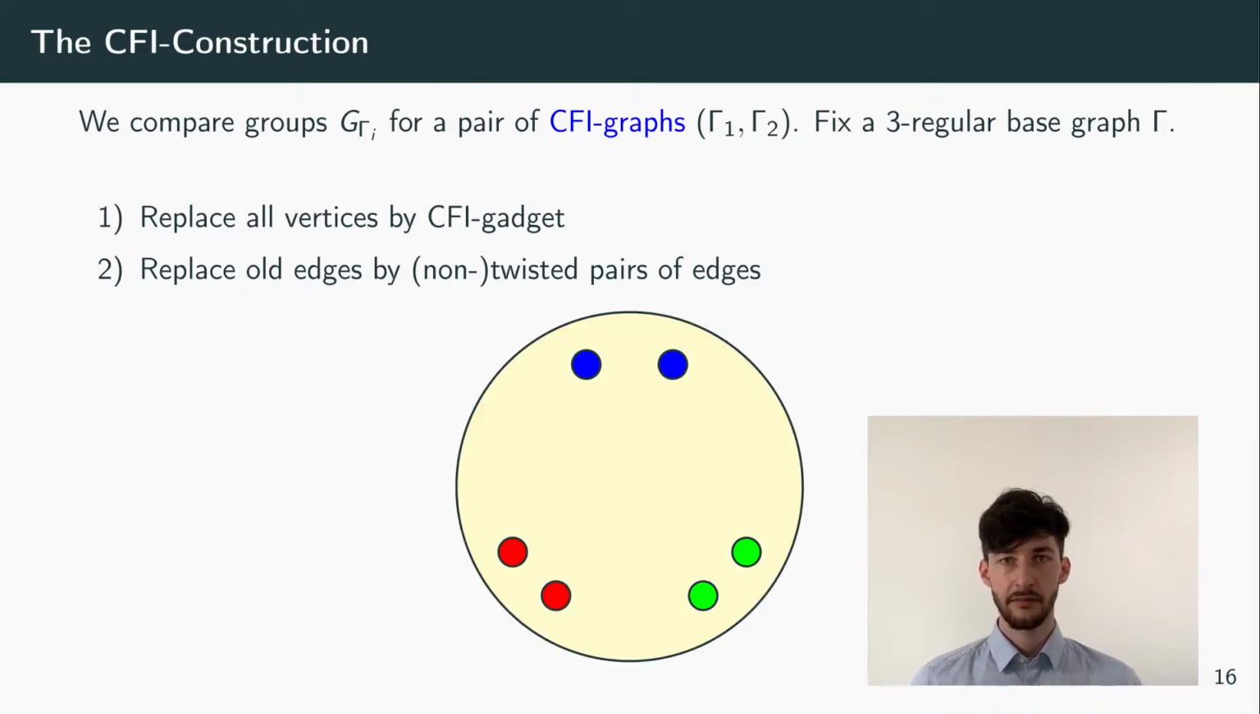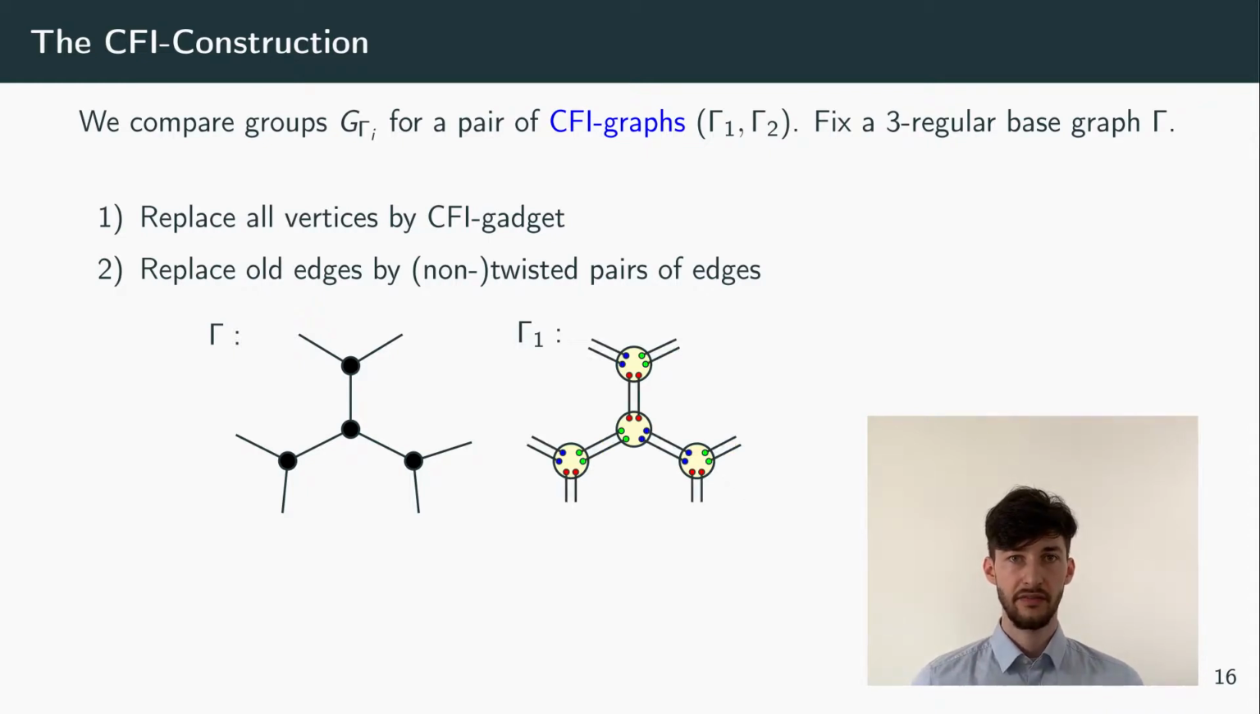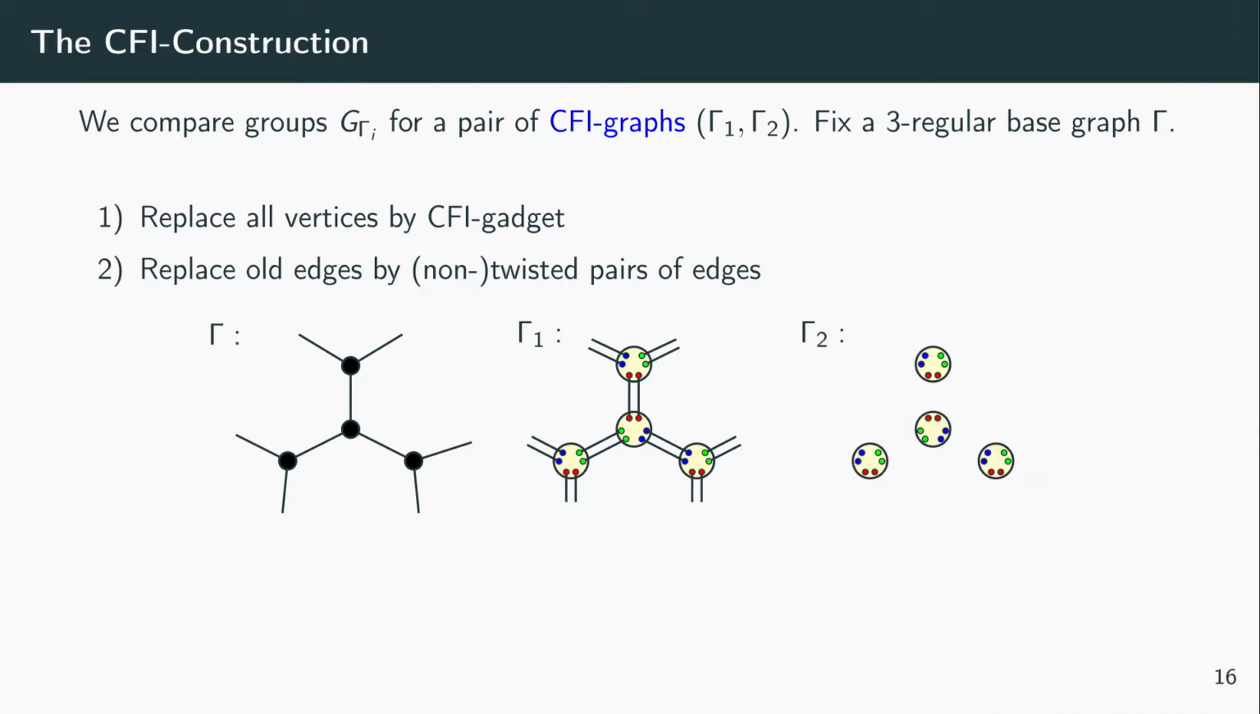And just to make the picture a bit clearer, I will draw this gadget in a simplified fashion like this in the following. And then we can look at a portion of our base graph here, and we will replace all vertices by the CFI gadget, and then we add parallel edges for the old edges to obtain the first graph, gamma 1. And then to obtain gamma 2, we do the same basically, but there's one position where we twist the edge. And then these graphs are non-isomorphic, but hard to distinguish, and the broad intuition here is that